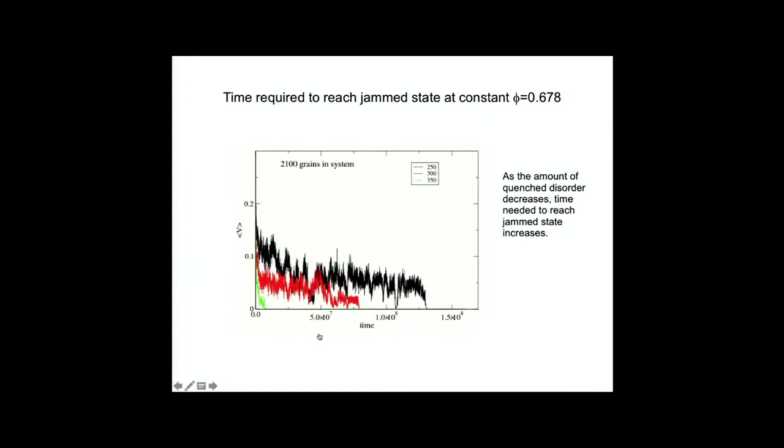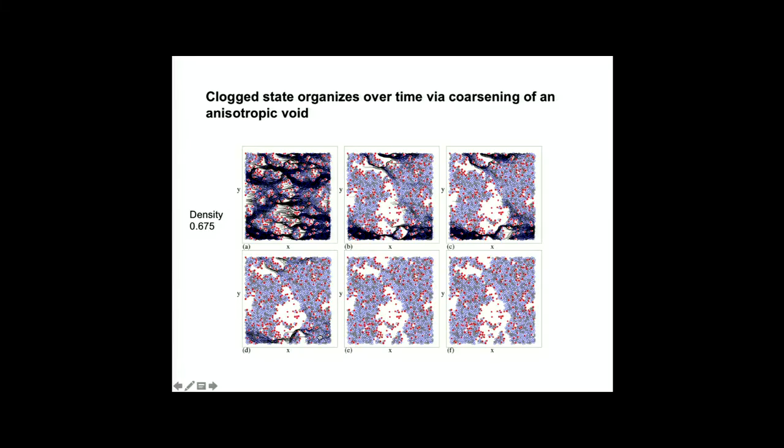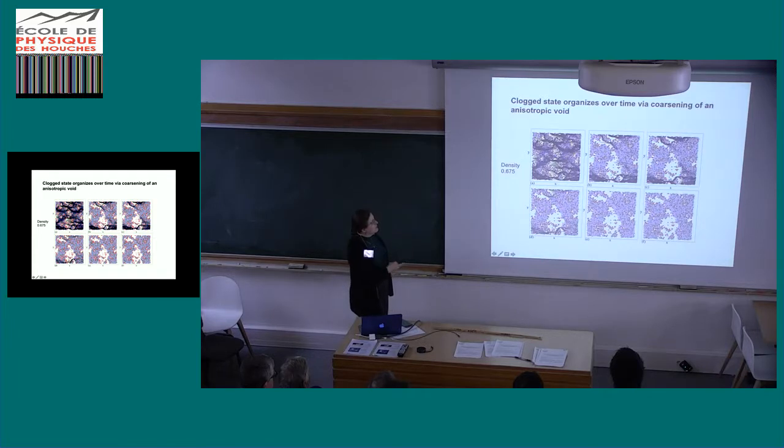So why is that? Well, first of all, as we change the amount of disorder, the amount of time it takes to reach this clogged state changes. For low amounts of disorder, it's a very long amount of time, and then as you increase the amount of disorder, this gets shorter. So what the system is actually doing is, in some sense, cheating. We started out with a uniform distribution of disks, some of them nailed down. As time progresses, the disks start to flow. You start to see these areas where the disks have piled up, essentially like a hopper-type clogging, except it's like we have a whole bunch of hoppers that are all coupled together.